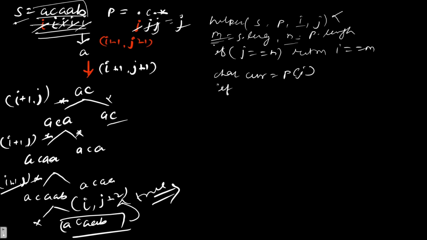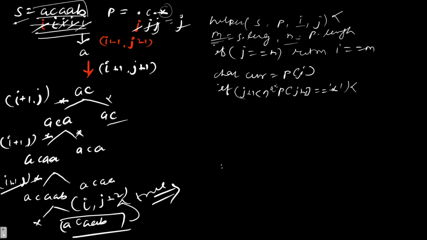There can be two cases, either the next character is a star or the next character is not a star. If the next character is a star, then we can check it by using p j plus 1 equal to a star or not. As we are checking the j plus 1 index, we have to make sure that j plus 1 is lesser than n. Okay,